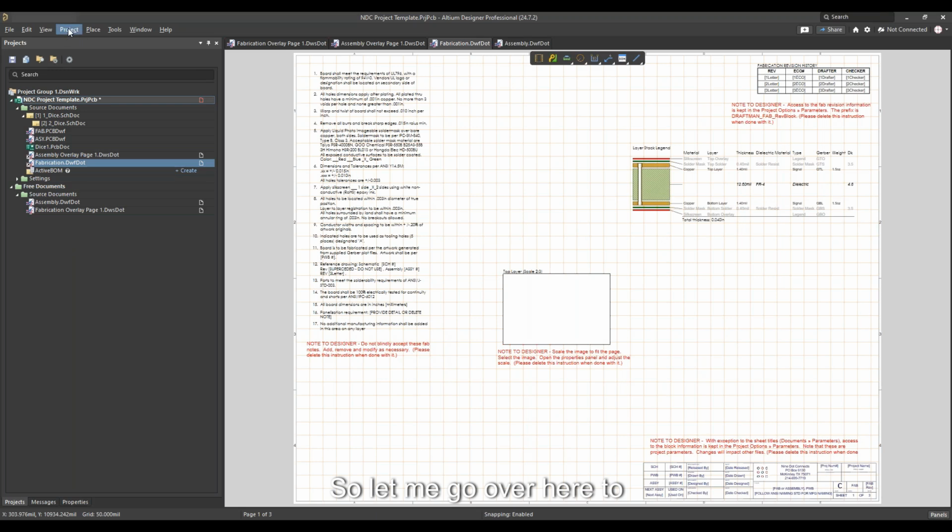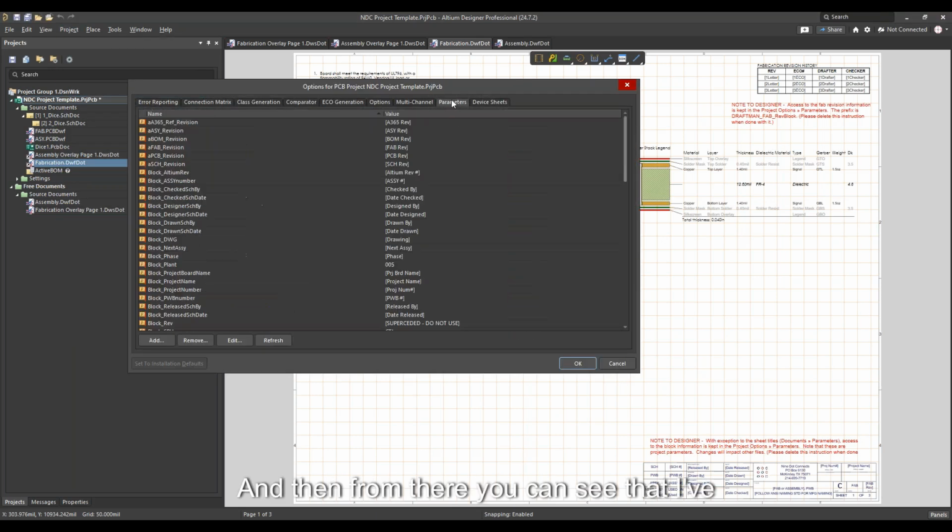So let me go over here to project options. And then from there, you can see that I've got my parameters. And so you can see a whole list of these various parameters. And as we've worked with our customers over time, we've developed things to help make these project parameters useful to us. So one thing we try to do is give them prefixes so that we know,